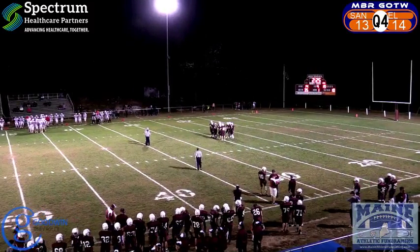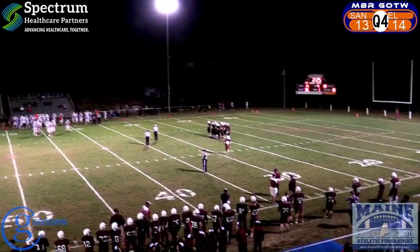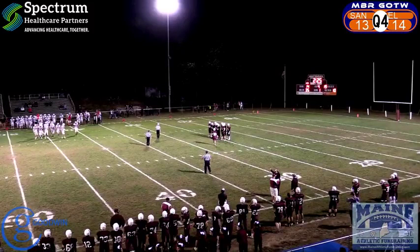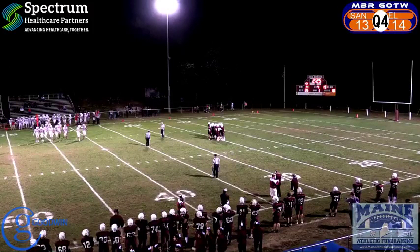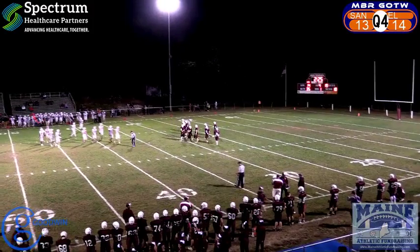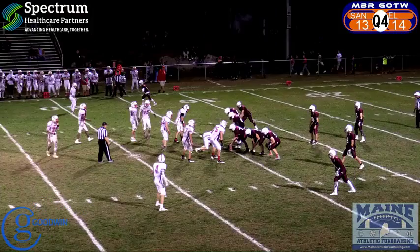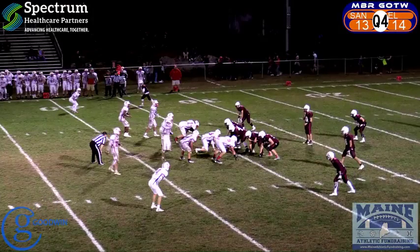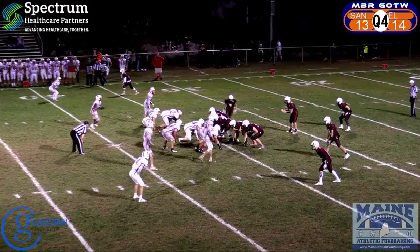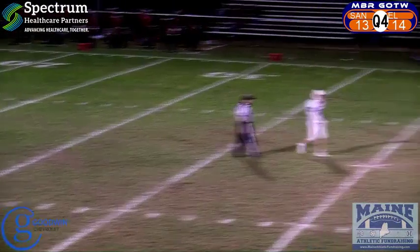So Edward Little has one timeout. If they can keep themselves from some of those penalties that have kind of killed them this half, they got a good shot at this. They need a touchdown to win. So they're going to split two guys out here to the left. Split end to the right. Here's Hamill in motion. We're going to fake. Oh. And